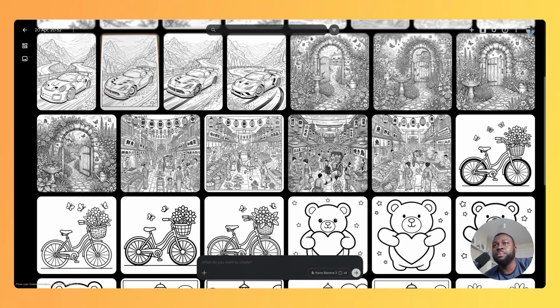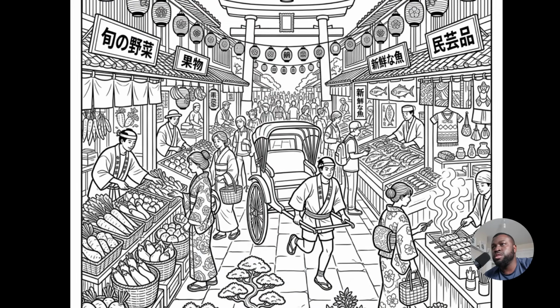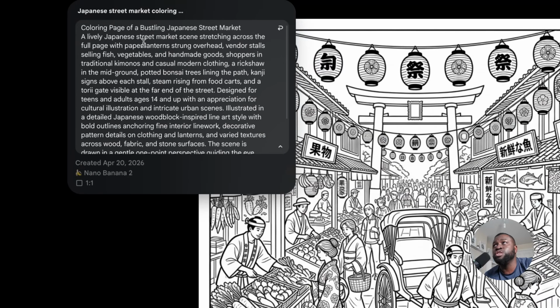So we've got the Japanese street market, and I love the detail within this image. Even if you go close up with the detail, we can still see things like carrots. We've got vegetables here, we've got fish here in the background. And if we take a look at the prompt, we can see everything that we actually asked for in the image. So we've got a lively Japanese street market scene stretching across the full page with paper lanterns